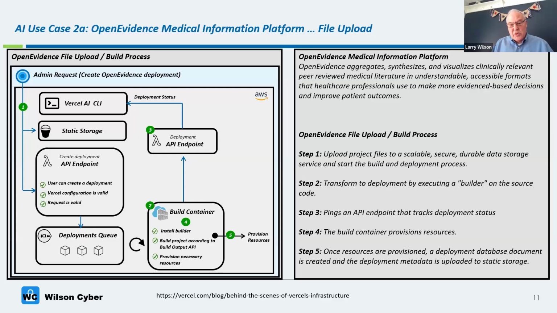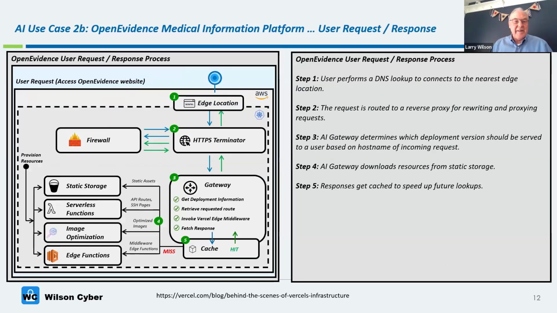Step two, we transfer it to deployment by executing a builder. That build container ultimately feeds the application. Then we ping an API endpoint that tracks deployment status. Step four, the build container provisions resources. And then step five, once resources are provisioned, a deployment database document is created and the metadata is uploaded to static storage. And that's the next point: we start now with static storage, where the data is, and then